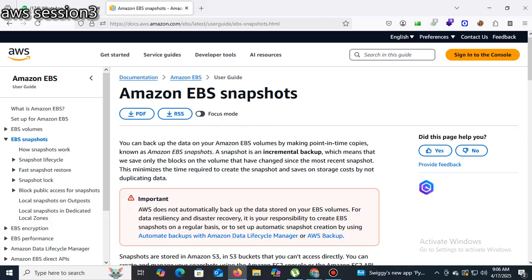Another thing: snapshots are region specific. In the previous case, if we create volumes, we can restore or access data within the availability zone only. So if the instance is in availability zone 1, the volume should be in the same availability zone. Here, no issue. A snapshot can be restored in any region, any availability zone. So take a backup, and from the backup we can restore data to another region or another availability zone.